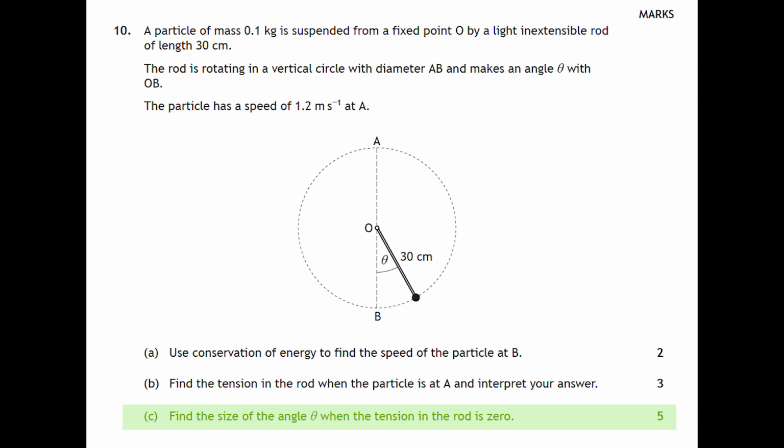C. Find the size of the angle theta when the tension in the rod is 0. Question C. Find the angle theta when the tension in the rod is equal to 0. So if the tension in the rod is equal to 0,